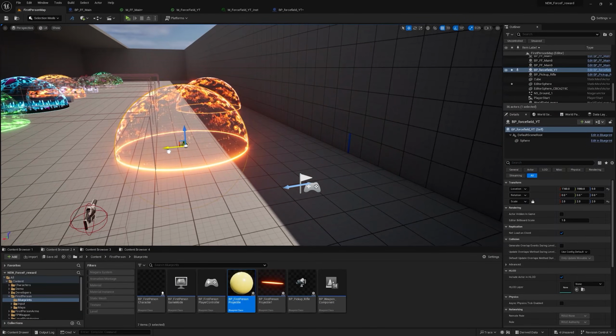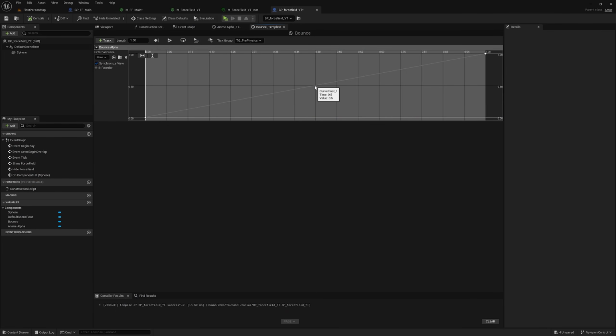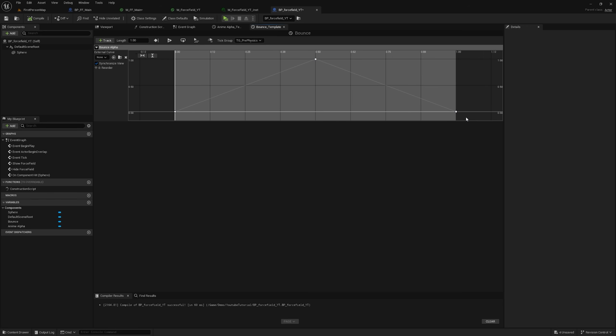So I'm just going to move it back, and here I will click on the middle portion, set this value to 1 and set the last value to 0 because we want to go up and then down. Now we can make it a bit smoother by selecting it all and adding an auto and shift click here and bring it down a bit and add another key and bring it up and add another key